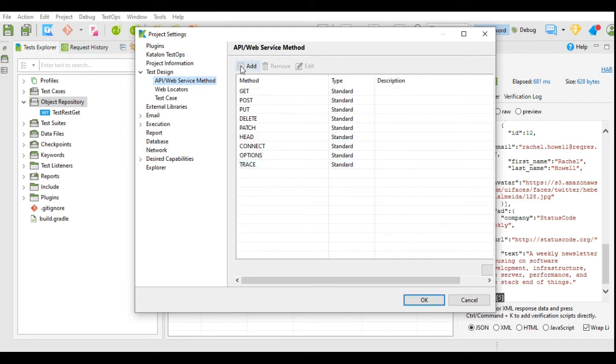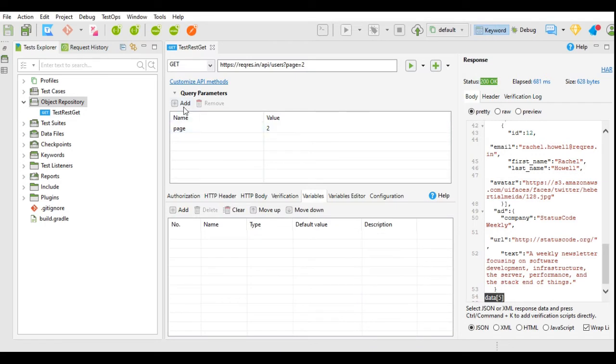You can add a new customized method over here. You can add the parameter for the query by clicking this add button, and you can remove the added parameter by clicking the parameter and clicking the remove button.